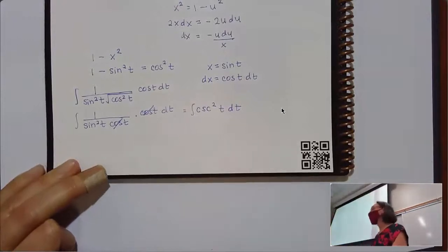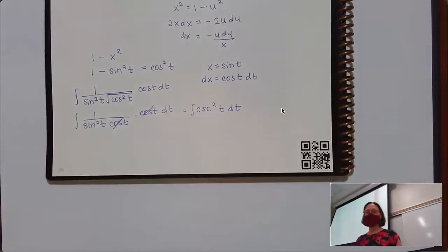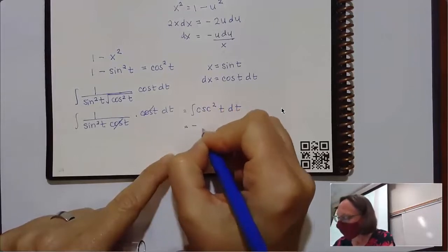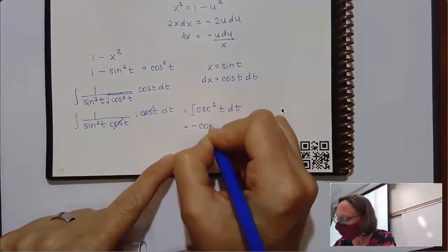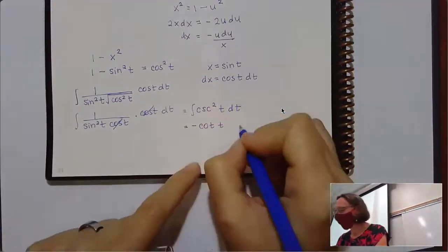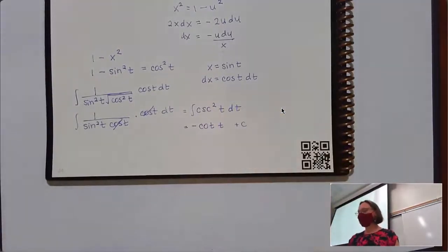And with that, I can say, oh, whose derivative is that? Awesome. I'm going to pretend everybody said negative cotangent t plus a constant. And then this is where the really extra fun part would come in. You know how usually we do a u-substitution and then we have to plug the stuff back in? Well, to plug the stuff back in,